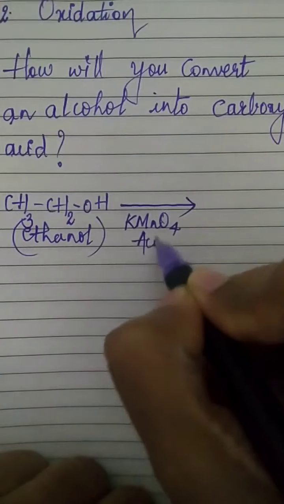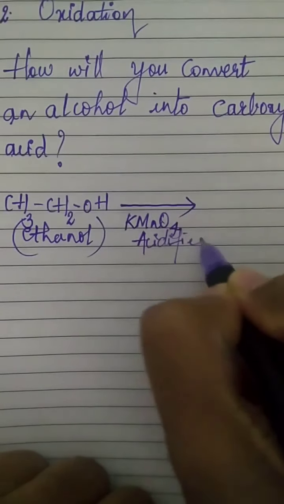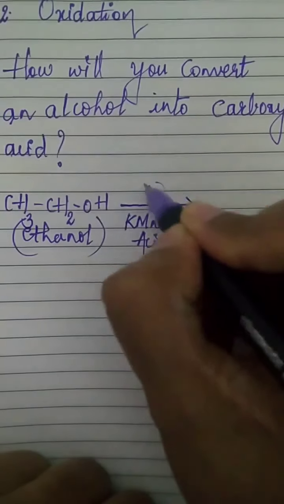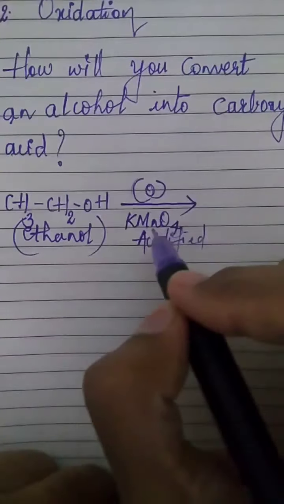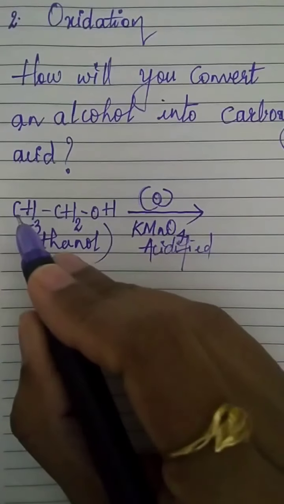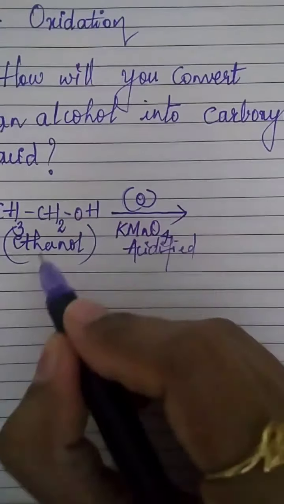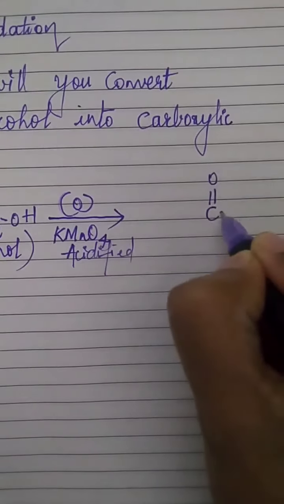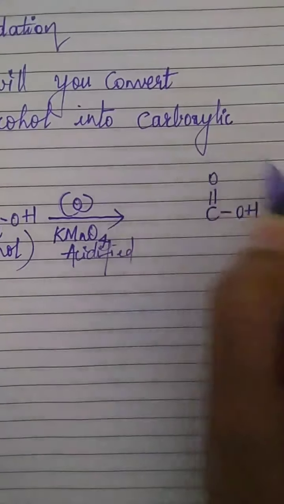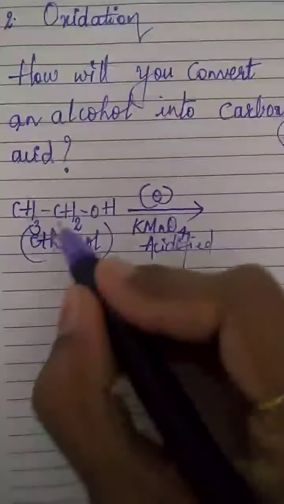Acidified potassium permanganate will give oxygen, nascent oxygen, remember? So we need not write that reaction. Just mention the oxidizing agent on the arrow. Ethanol will undergo oxidation. 2 carbons we have, no? Carbon and second carbon. This will give acid. For acid, you should have C double bond O OH. So the functional group I already wrote. One carbon is used for the functional group C double bond O OH.